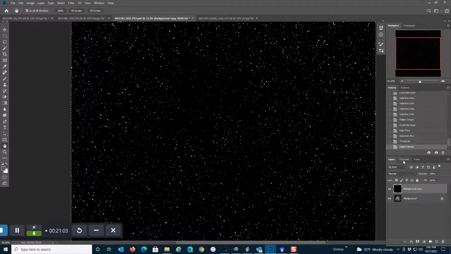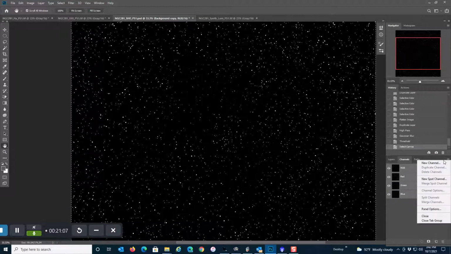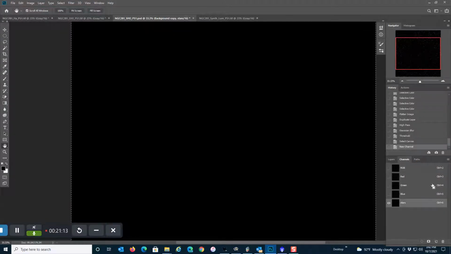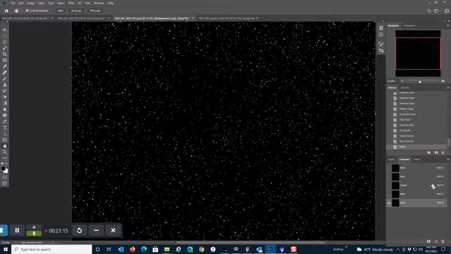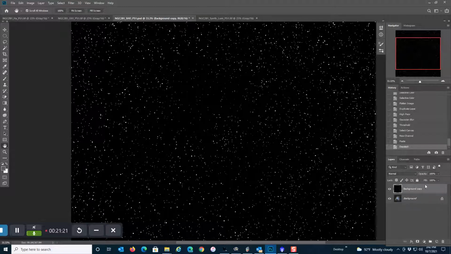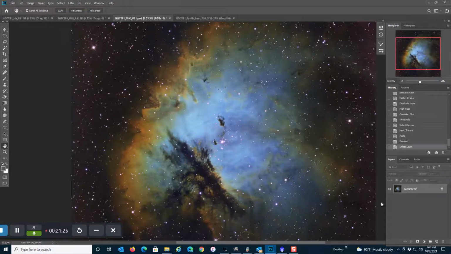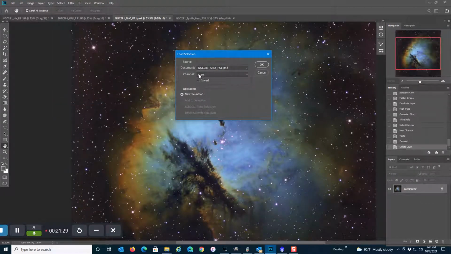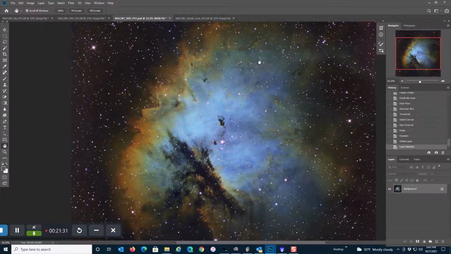and copy that. Then I click on my Channels tab, click on this icon over here and click on New Channel, and I call it Stars, and then Control V as in Victor to paste it in there, Control D to unselect it. Then I come back up here to my RGB channel, click back on Layers, and drag this into the trash. Now when I go to Select, I can Load Selection and I can load my Stars channel,